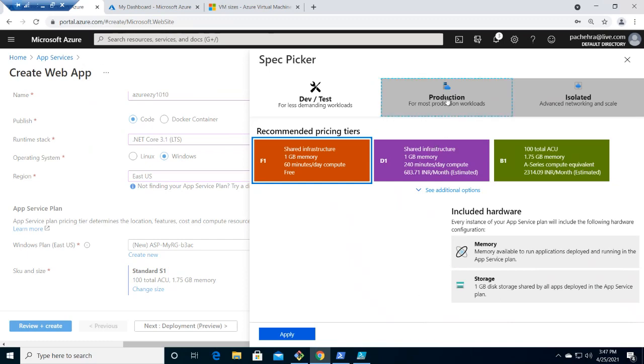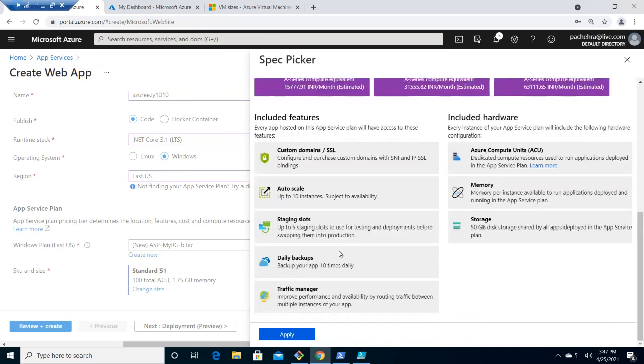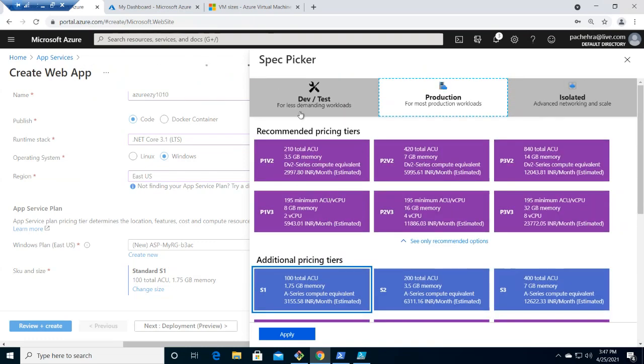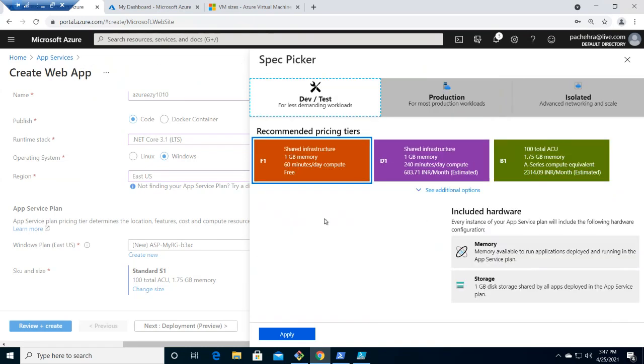that I showed you when I clicked on the production. If you see, under scale out, we do not have these wonderful features, because this is just for the testing purpose, for the development purpose. This is the shared compute, which is very important to know.